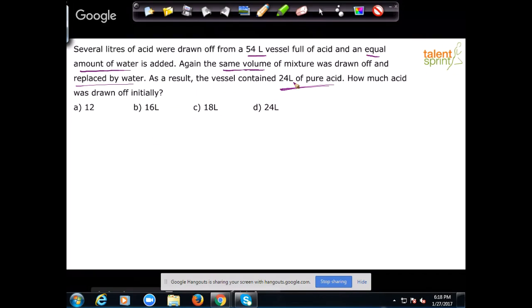Again, if you go back to the TalentSprint library of videos, on syllogism we have a video which runs for 2 hours and 40 minutes. Not one video, they're multiple videos. The total time is about 2 hours and 40 minutes. And you will see that the method which we use is Venn diagrams, right? In my view, Venn diagrams is the best way to solve questions from syllogisms. It may appear to be lengthy initially, but once you get used to it, solving questions using Venn diagrams would be a cakewalk, right? So just use that.